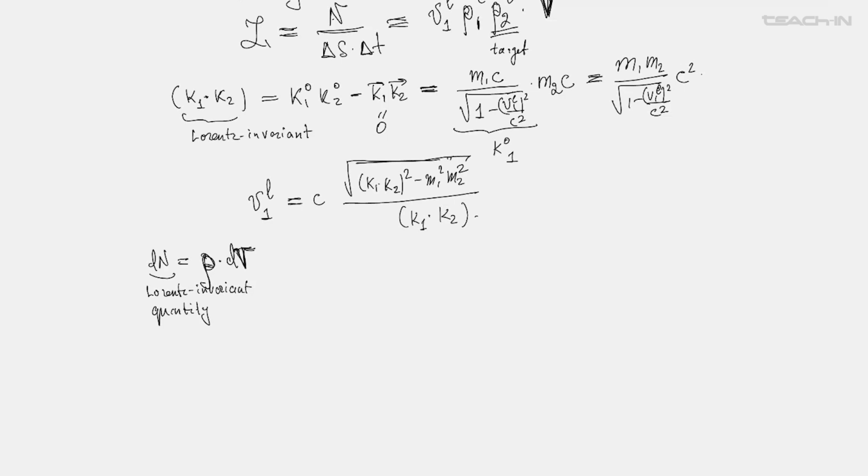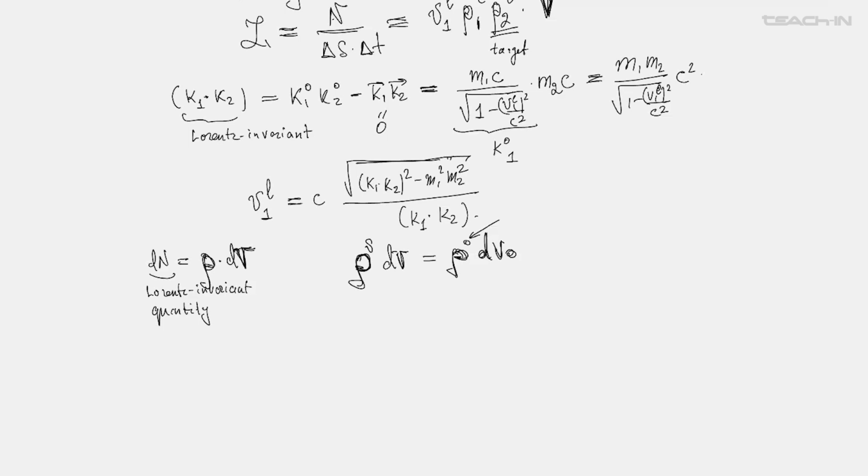So if you want to find the density of particles in the moving frame, and the element of volume dV, then in the stationary frame it would be, say, rho 0 dV0. This is the density of particles at rest in the stationary system. dV0 is the volume in the stationary system. And now taking into account the Lorentz contraction of the volume in the moving system, you find from here that